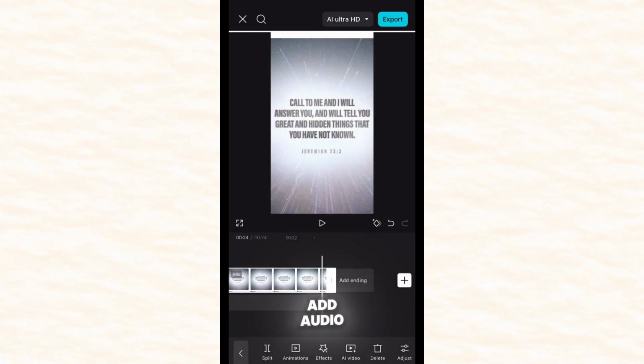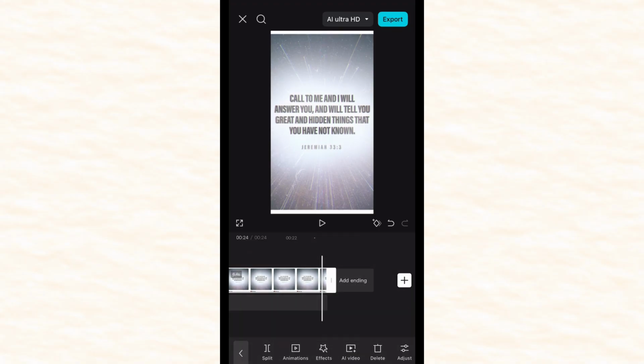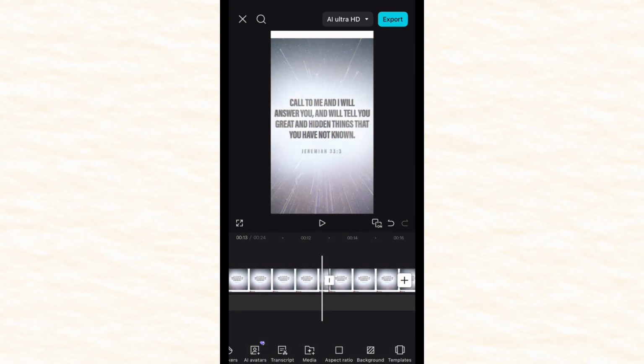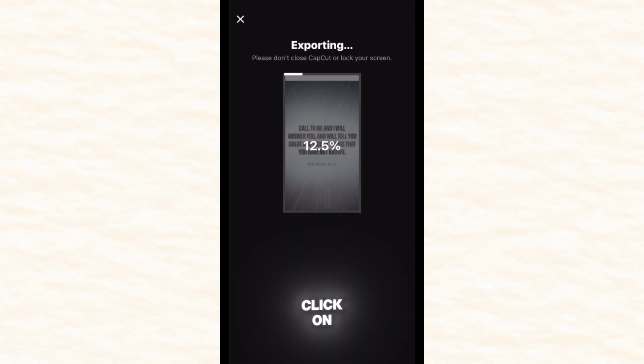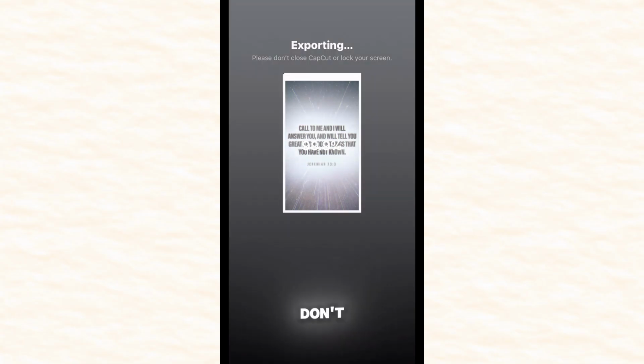If you want to add audio, you can add audio here, but I prefer to add audio on YouTube. I prefer to pick YouTube audio because of copyright issues. So that's it. It's done. At this point, all you need to do is to click on export if you have CapCut Pro. If you don't have Pro,